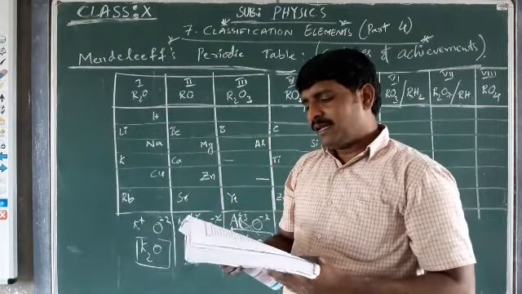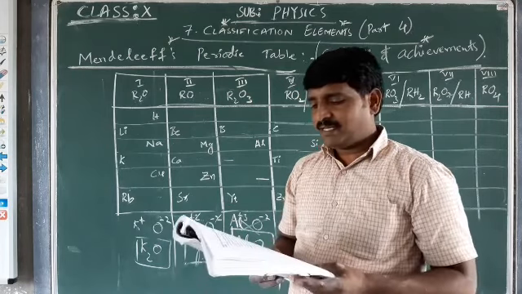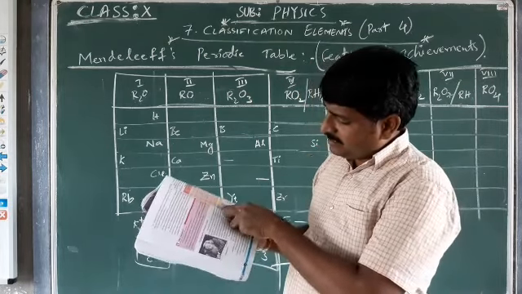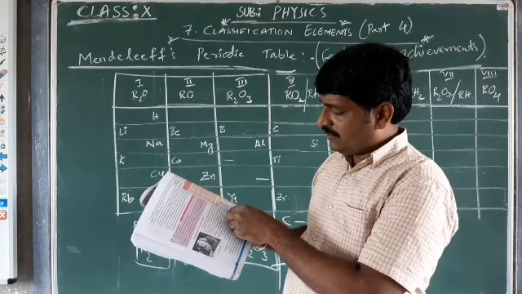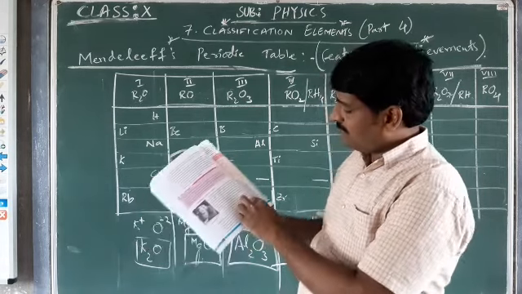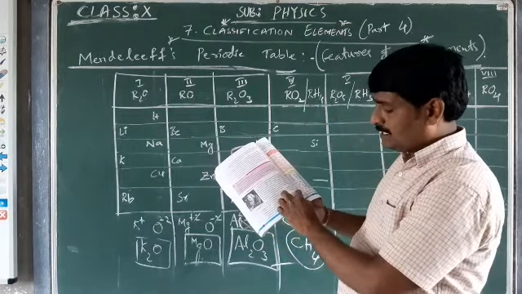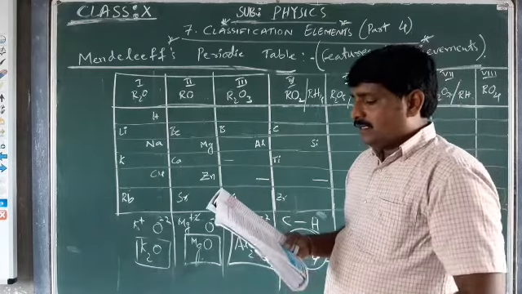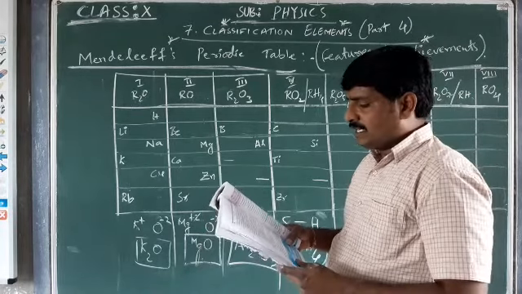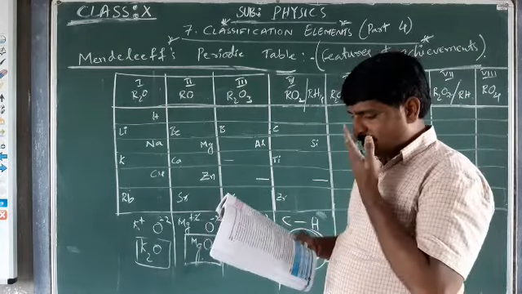There are 7 periods in the table. How many periods are there? 7 periods. Observe that it is given in Roman letters again. Of course, here 4th and 5th are grouped as 1, 6th and 7th are grouped as 1, 8th and 9th are grouped as 1, and the 10th one is separate. 7 periods are there in total, denoted by the Arabic numerals 1 to 7.